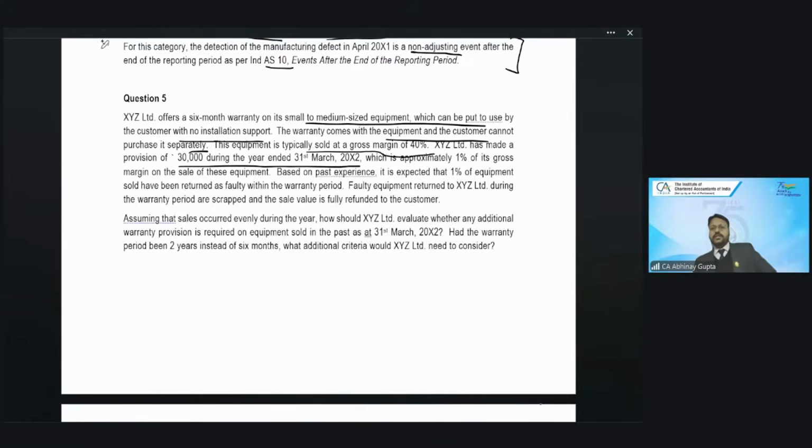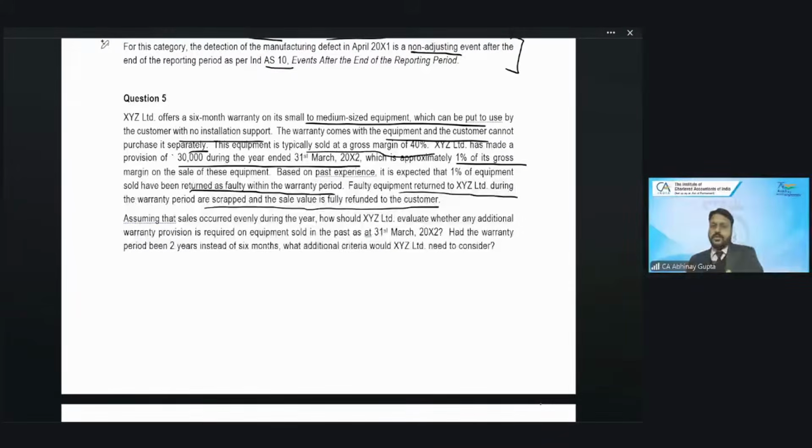So these products are sold at 40% gross margin. 30,000 is the warranty provision the company has recorded, which is approximately 1% of the gross margin. Based on the past experience, it is expected that 1% of equipment sold will be returned as faulty within the warranty period. Faulty equipment returned to XYZ Limited during the warranty period is scrapped and the sale value is fully refunded